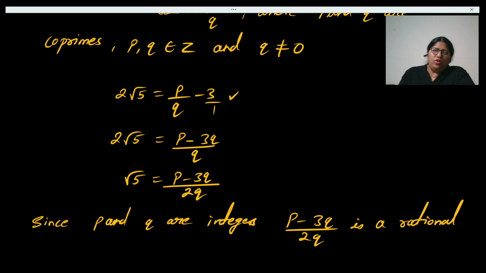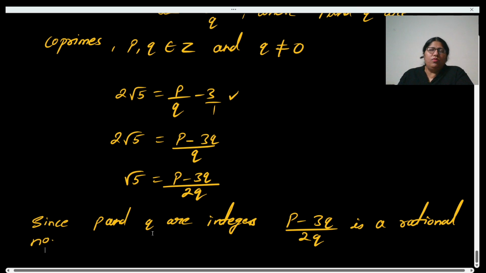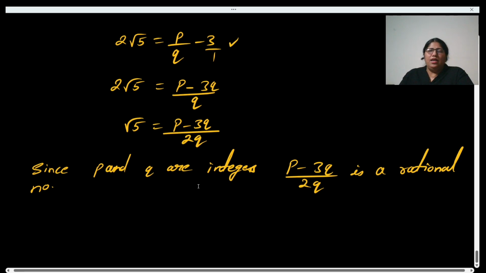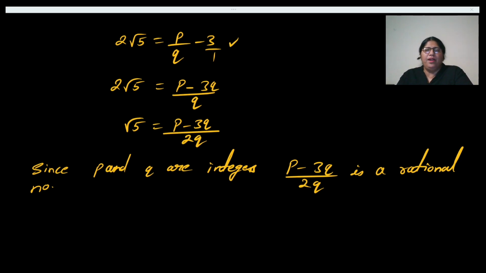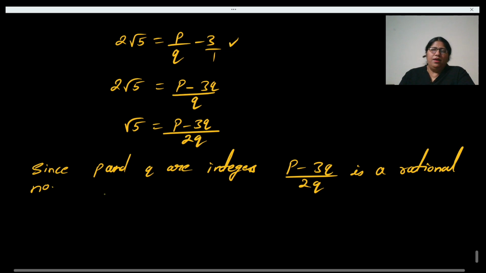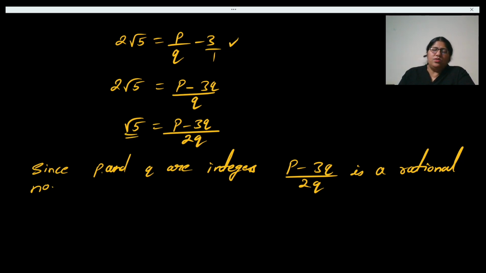See, this one you don't need to prove using the other method, by taking the contradiction p by q and p divides a square, p divides a. You will take that only when numbers like root 2, root 3, root 5 are involved. Here you are using the rational number properties: by multiplying, adding, subtracting, dividing any rational number with integers, you always get a rational number. It is a rational number, but it is equal to root 5. What will you write down here? But given that root 5 is an irrational number.